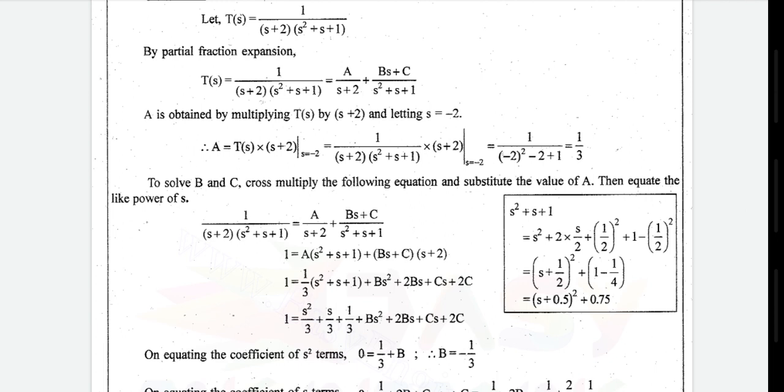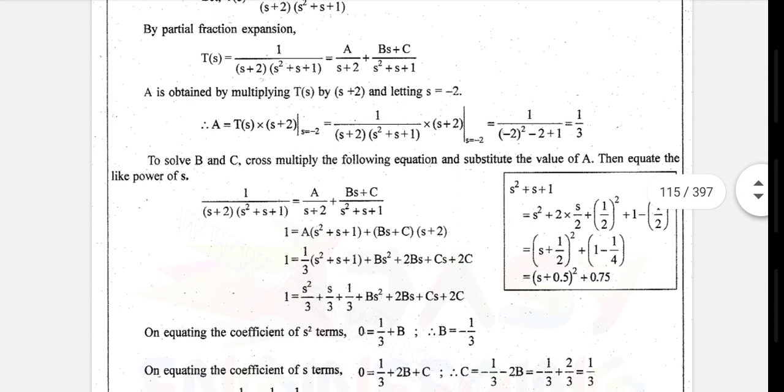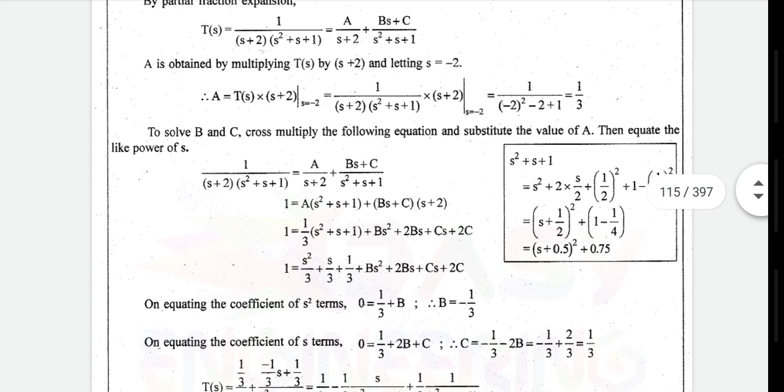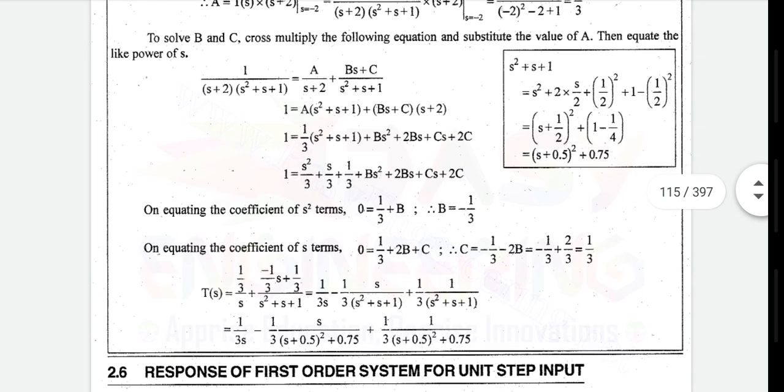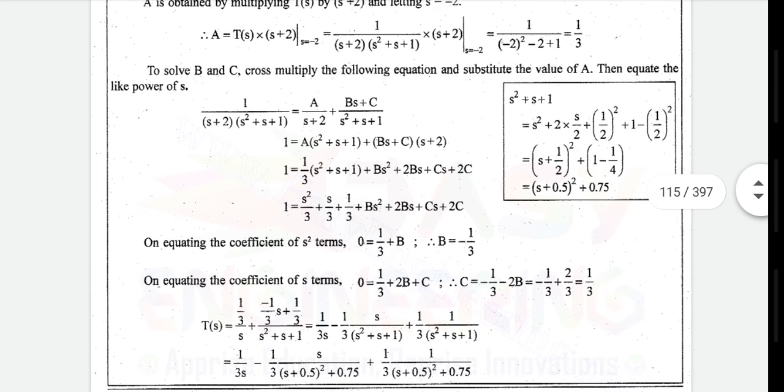Okay, denominator value మనం remodify చేయాలి అంటే ఏం చేస్తాం నాన్న, so you are considering s square plus s plus 1. Okay, so s square plus s term చూడండి మా, you have to write that s square plus s term in the form of x plus y whole square, x plus y whole square ఫామ్లోకి మనం తీసుకురావాలి. ఓకే, ఎస్ స్క్వేర్ ప్లస్ ఎస్ టర్మ్ని ఎక్స్ ప్లస్ వై హోల్ స్క్వేర్ ఫామ్లోకి తీసుకురావాలి.